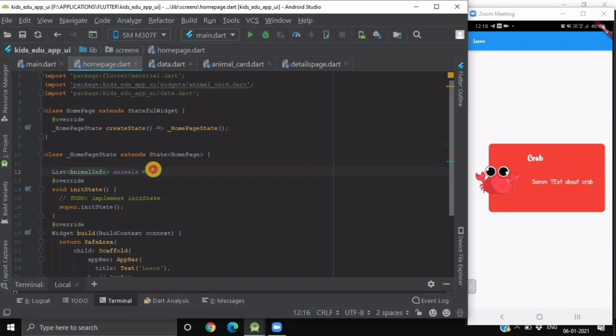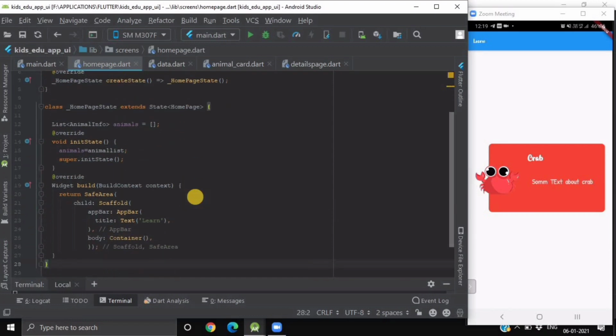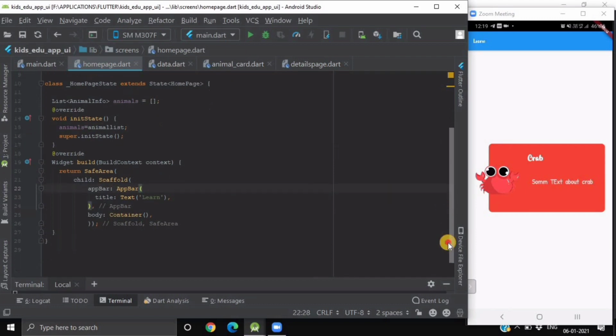So inside init, we will make this animal equal to animal list, which is our list of animals from data.dart file. So now when this page is loaded, our animal list will be fetched before our screen is built. Now we will create our scaffold.